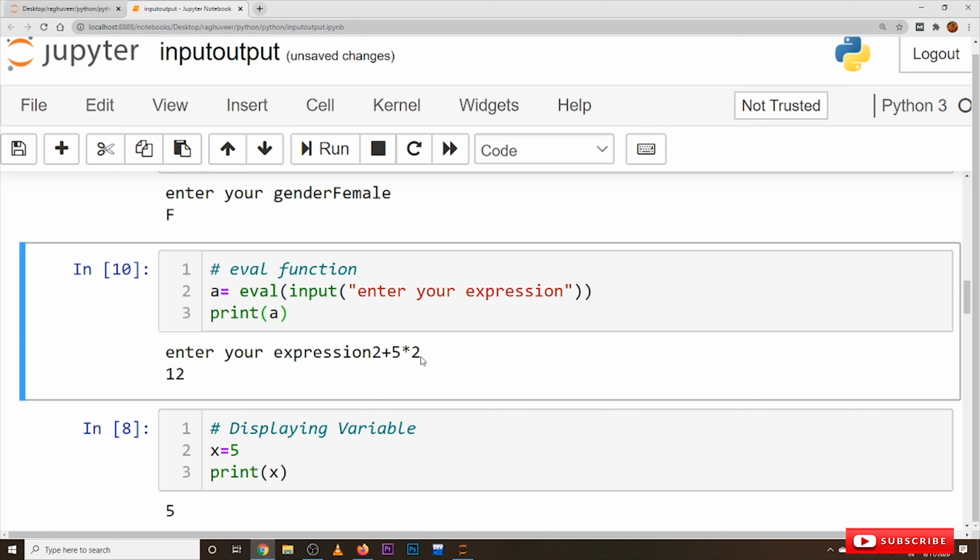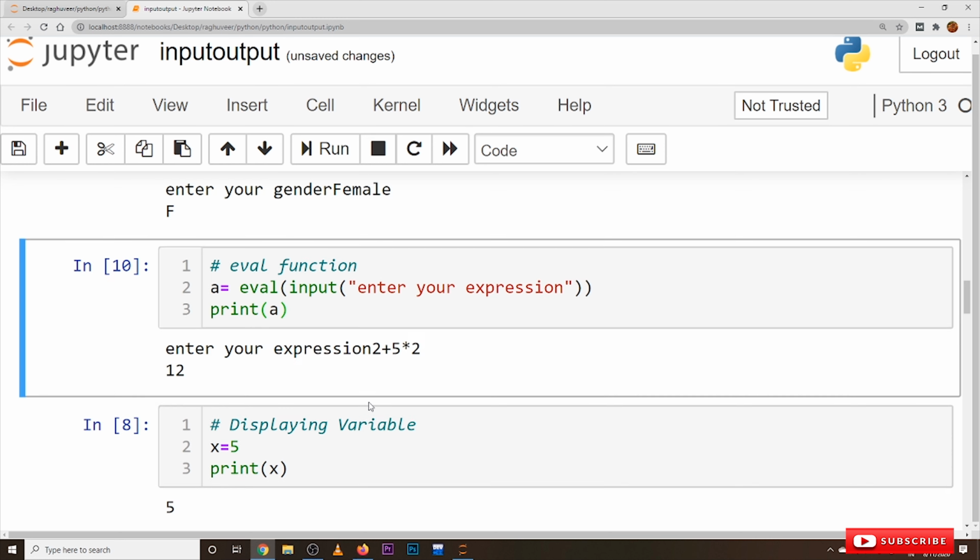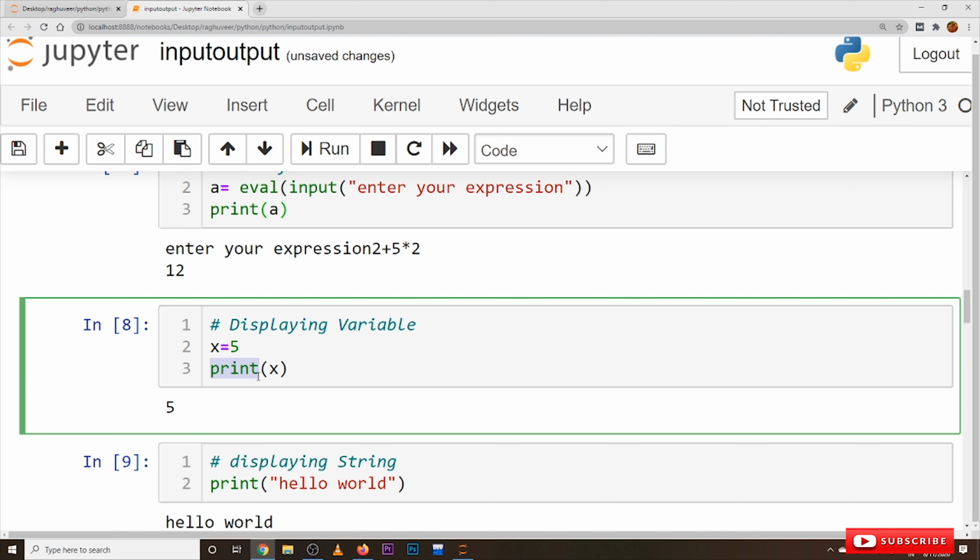The input function is used for that. In the same way, after executing the program, we have to display the output to the user, in different formats and in an understandable manner. How do we display it in an understandable manner? For that, Python has given a function called the print function. Using the print function we can display outputs in an understandable manner. There are different formats, and we will understand some of the most used ones in Python.